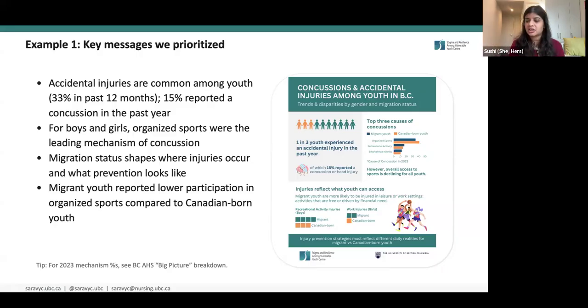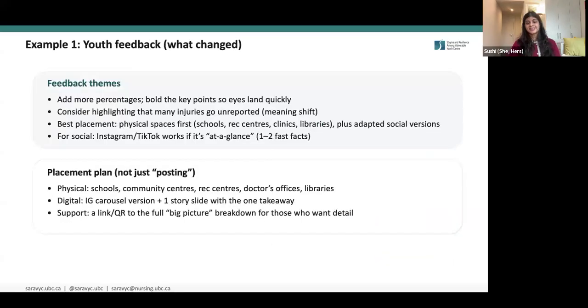And then I made sure that there's a lot of white space here. I made sure that there's a lot of pop of color because that's what you'd like. And then I made sure that the colors are contrasting. So you'll see the blue and the orange, and then obviously our CeraVYC colors. And we took this infographic and went back to our youth advisory and we asked them what they thought of it. So I was really married to the idea of doing these blocks to represent the data, but the feedback we got, and this is the second graph, that's why I kept it.